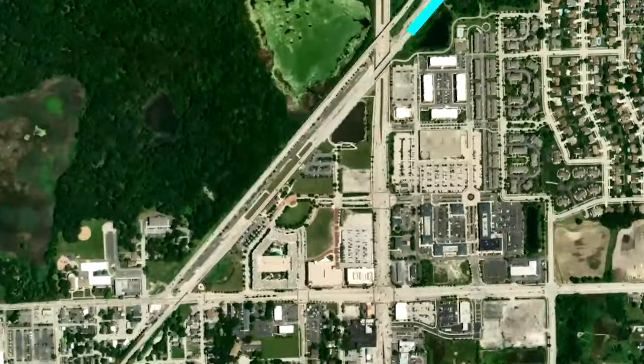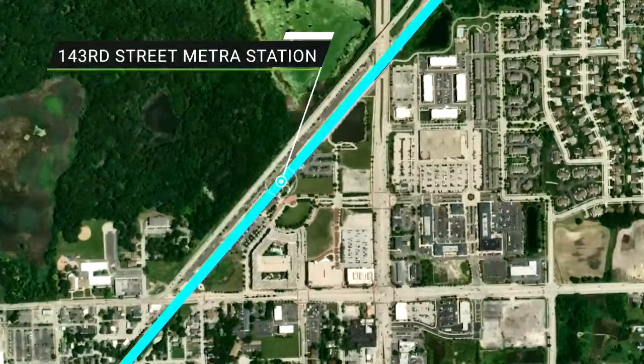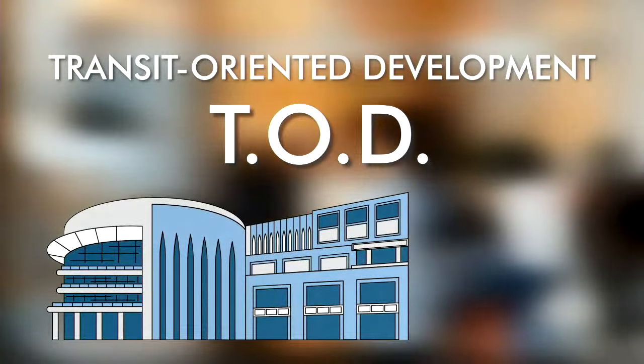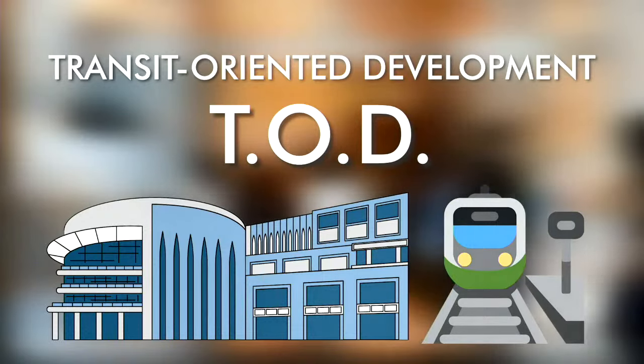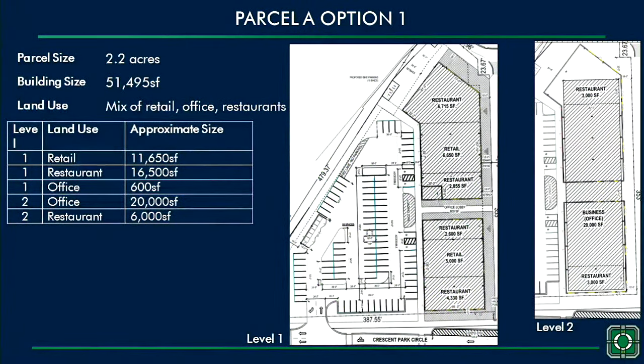Downtown Orland Park is seated right along a rail line with a Metra commuter rail stop at 143rd Street. This considers the development a transit-oriented development. Transit-oriented developments, or TOD, create compact mixed-use developments near public transit to ensure people ease of access to jobs and other services. Some examples of other transit-oriented developments include Downers Grove, Park Ridge, LaGrange, and Arlington Heights. Some of the other updated parcels include